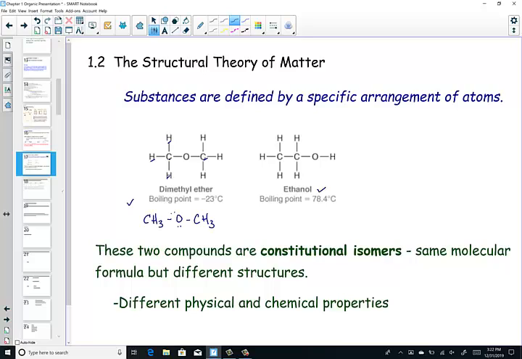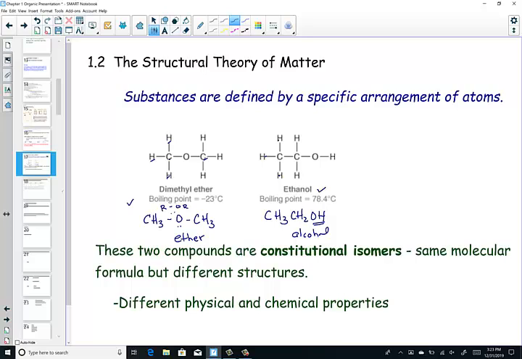CH3OCH3 is written in its condensed formula. Do the same for ethanol, and we see a CH3 group, a CH2 group, and an OH. This is known as a functional group as an ether, and this is called a functional group of an alcohol with the OH, and here we have an ROR. Those functional groups will be coming up soon in a later chapter, so I'm going to sprinkle them in whenever